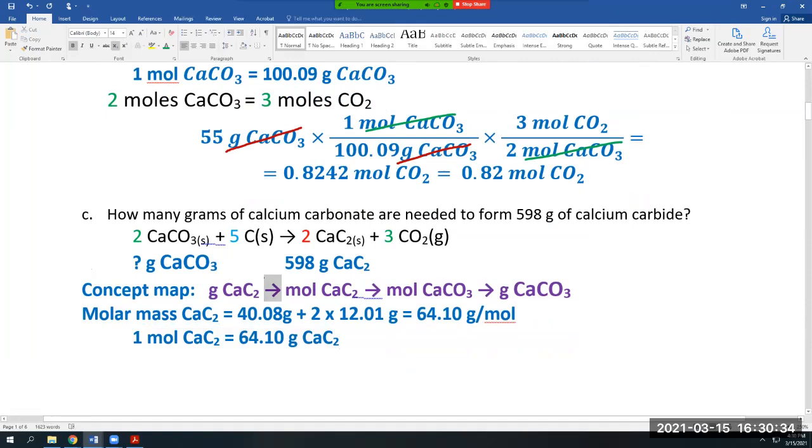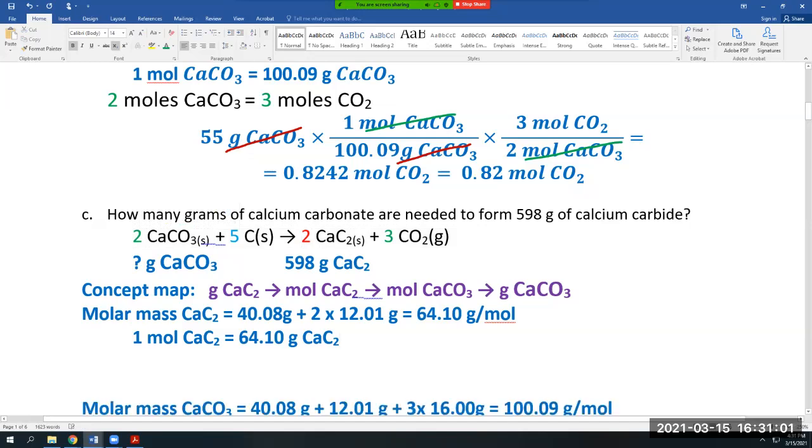So that's for the first conversion factor here. The second conversion factor changes the moles of calcium carbide to moles of calcium carbonate. And so we will use the chemical equation for that. And you only look at the compounds in question here, and it's going to be this one and the calcium carbide here. So mathematically, we can write that,